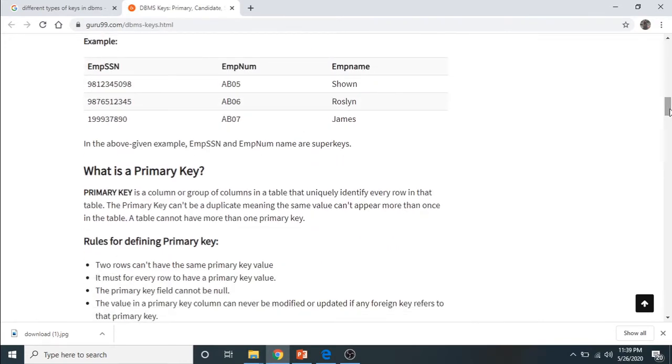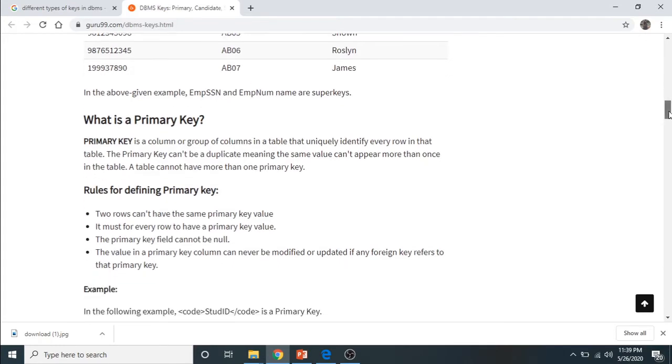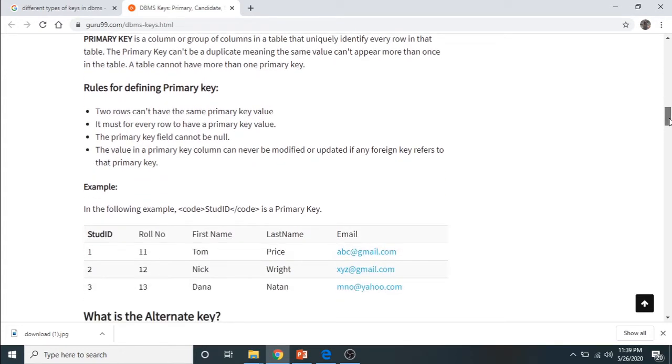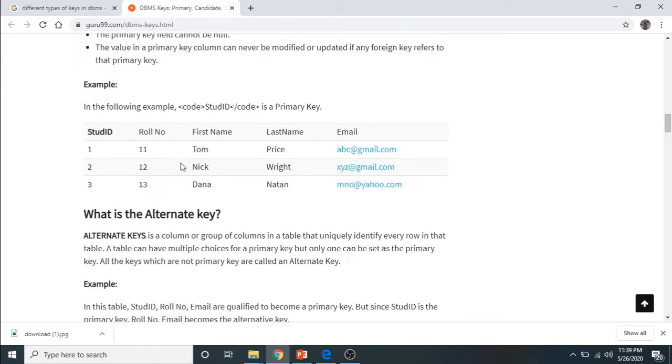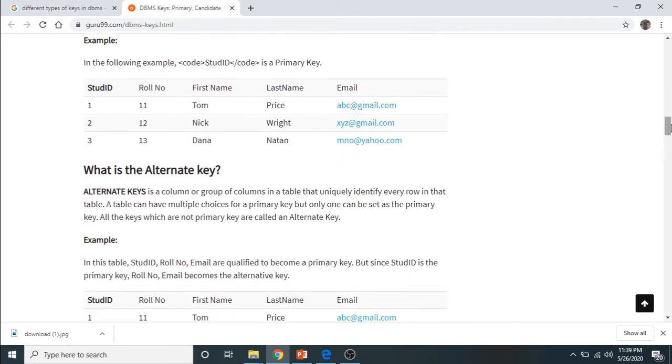What do you mean by primary key? Primary key is a key which is having a unique feature which can be identified through its details. A primary key cannot be replicated, cannot be duplicated, or cannot be left null. For example, roll number, it cannot be in duplicate, it cannot be null. Same is with the email id. An email id cannot be a duplicate id, or two different persons cannot have the same email id.